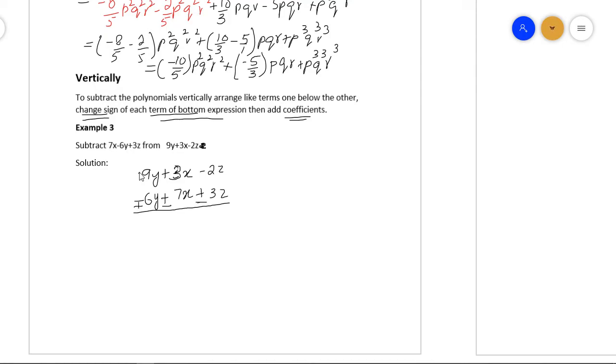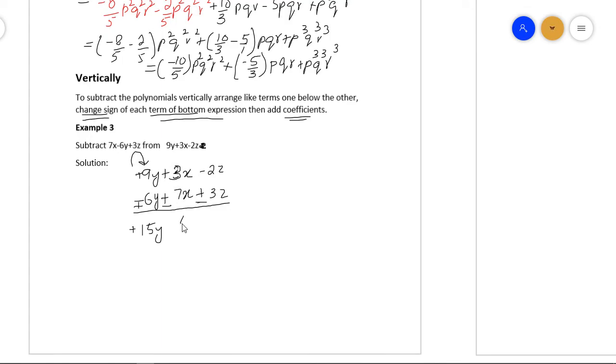Now this is a positive term, so positive and positive terms will be added together. 9 plus 6, what will it be? It will be 15y, and the positive sign stays. Okay, a positive term and a negative term are of different nature, so we will subtract them,